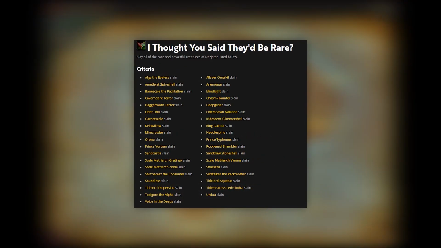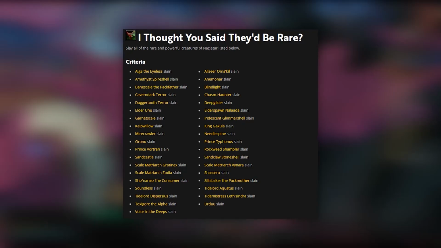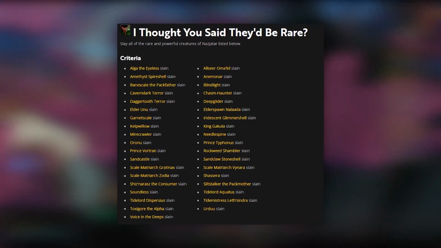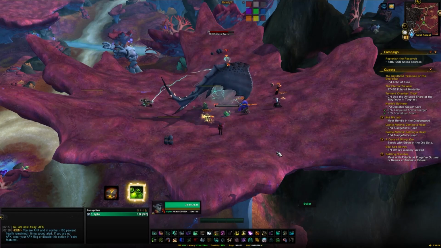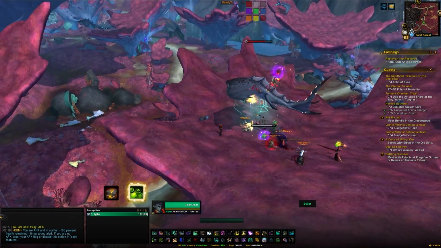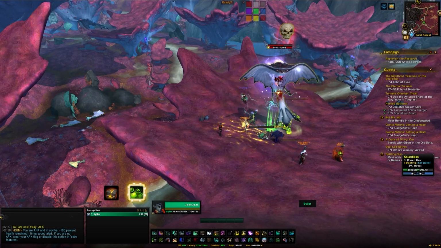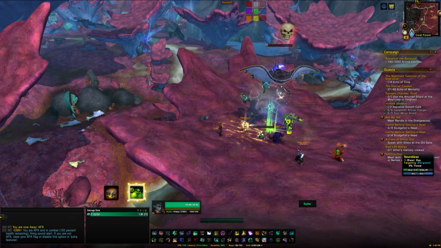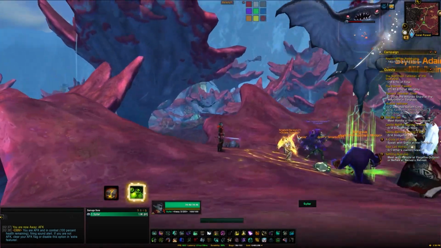The next required achievement is I Thought You Said They'd Be Rare, and this is to kill every single rare within the zone. So you're going to have to go around, get the items to summon specific rares, wait for certain ones to spawn like Soundless, and get a kill on every single one. So this kind of thing I would definitely recommend looking on Wowhead, getting the full map of where they're all located and how to summon them, because some of them do have specific requirements to get them to spawn,